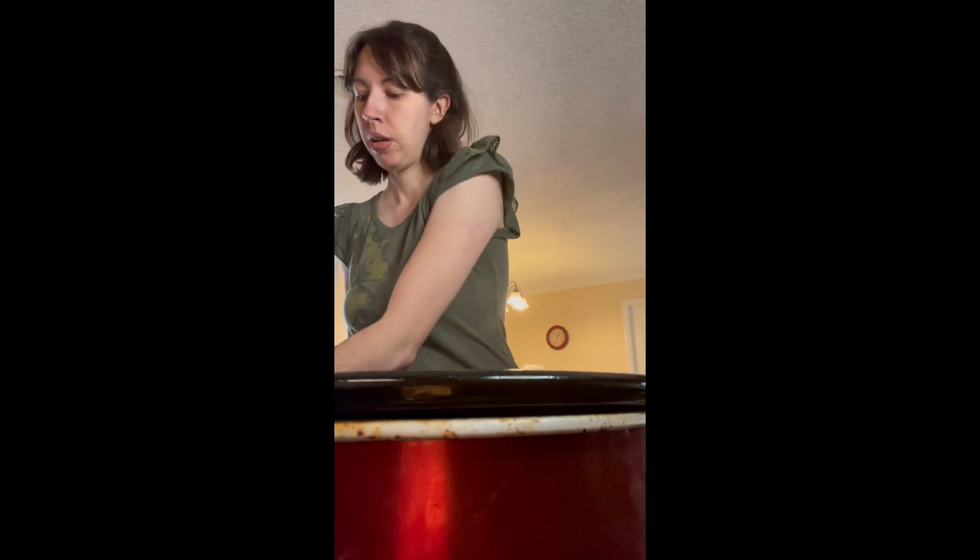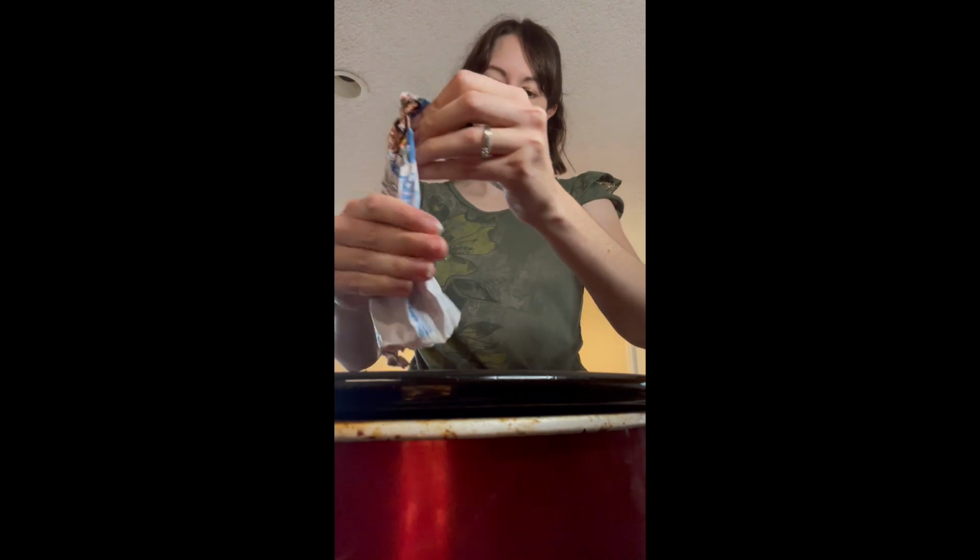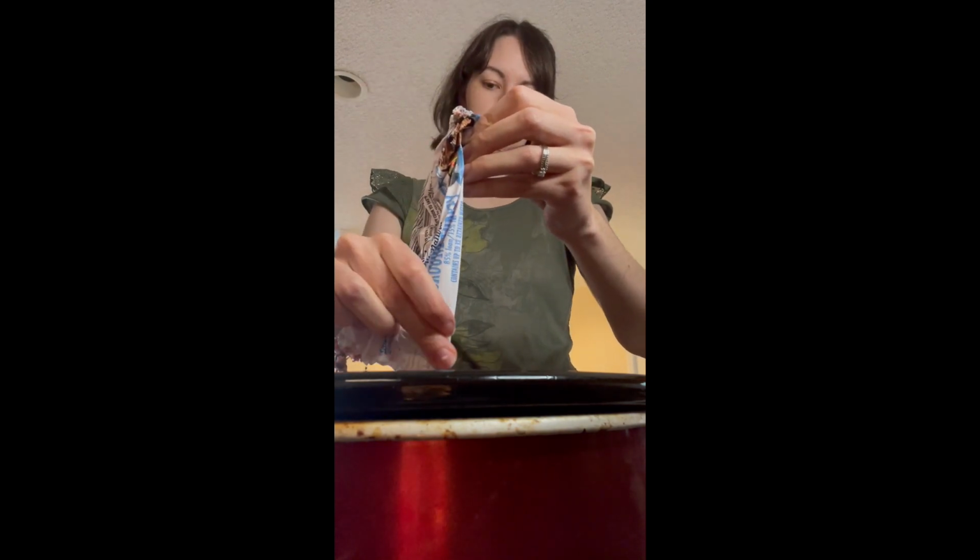And then this one's not quite thawed out yet, so I'm gonna cut the end off and just slide it out. Usually I'll cut this down the middle the same way, but since we went shopping last night, it wasn't quite thawed out all the way. But that's the beginning, and you're just gonna throw the crock pot on low or high, depending on if you're